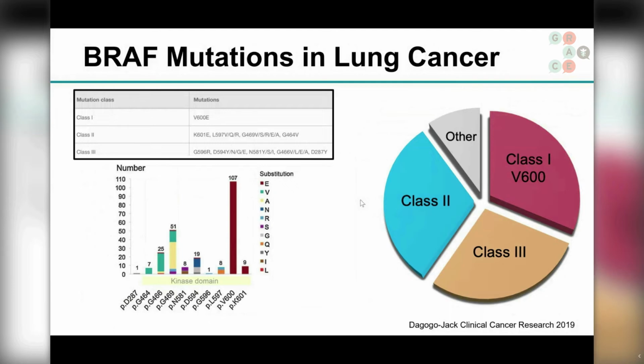And as you see here, whereas V600 predominates as a V600E, when you look at different positions like G469, there are different mutations that can arise. And that's important because they have different functional implications. So if we go to the next slide,